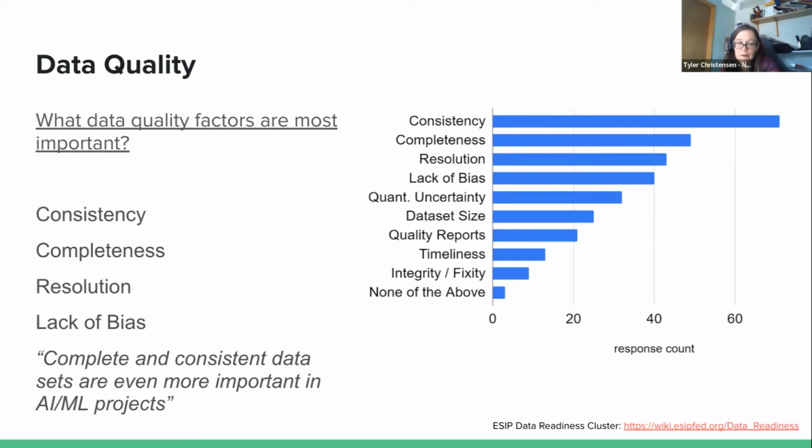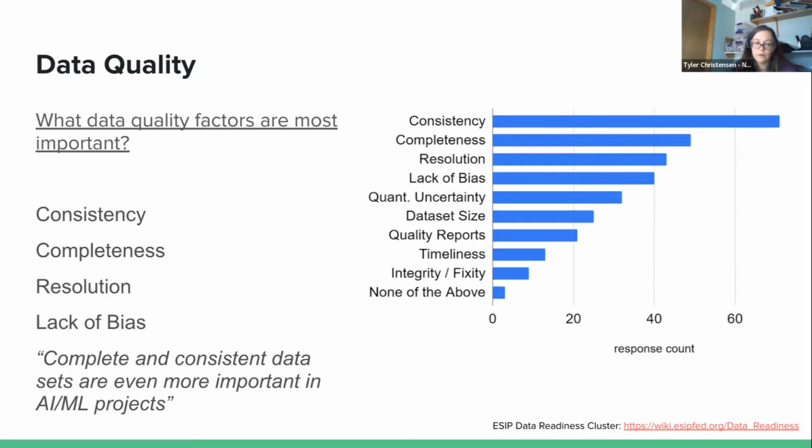Completeness is also very important. It's a lot of not all, but a lot of AI and machine learning techniques need large data sets, and so putting the whole data set out there for everyone to use, not just individual file downloads, but the whole data set out there to use is really important. And then resolution. This is basically like they need detailed information about the resolution of the data set. And then lack of bias. We can have a whole conversation about what bias means in relation to Earth systems data, but lack of bias was also a very common request.